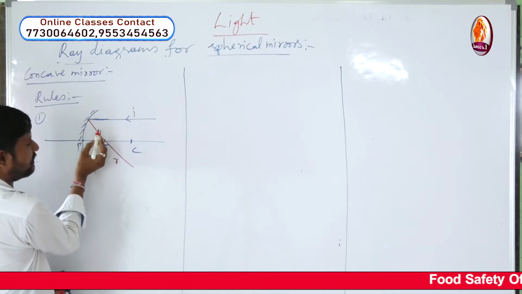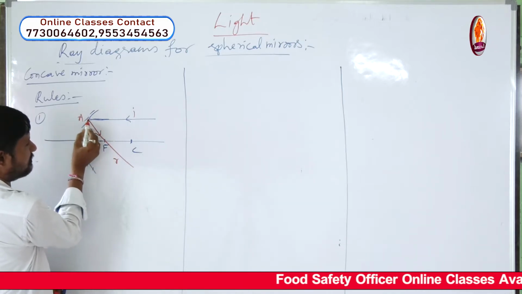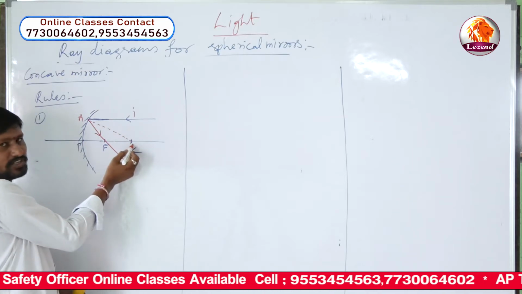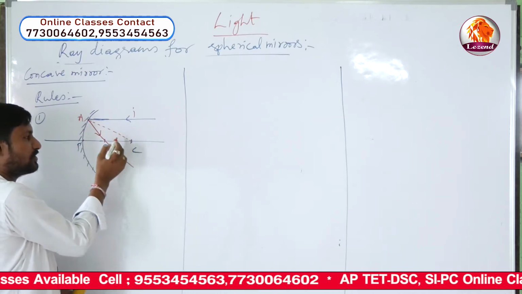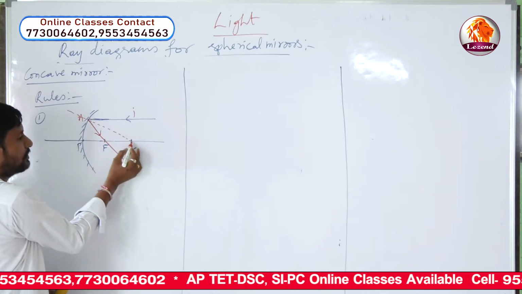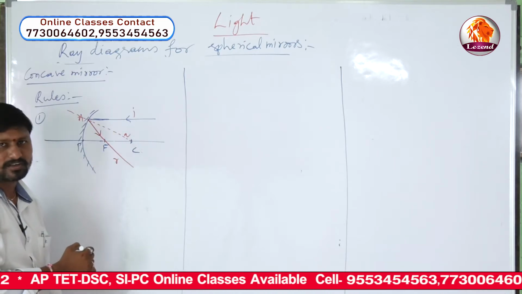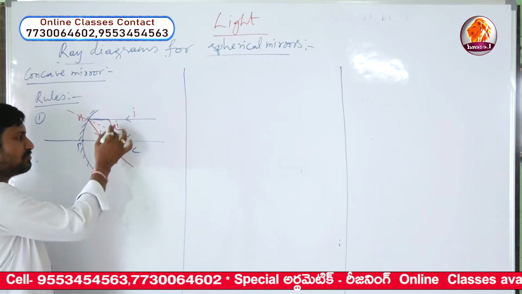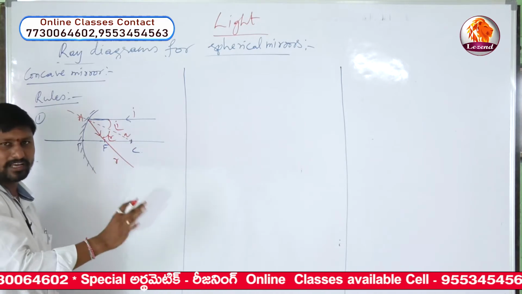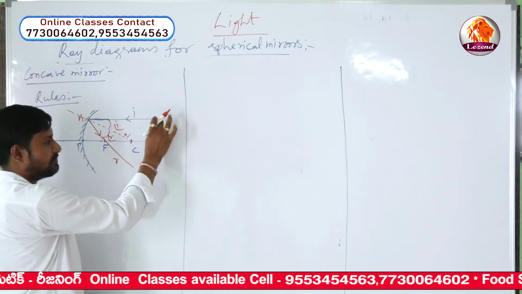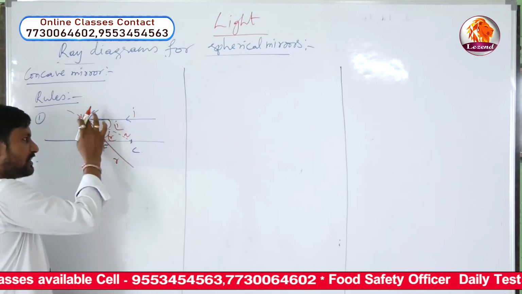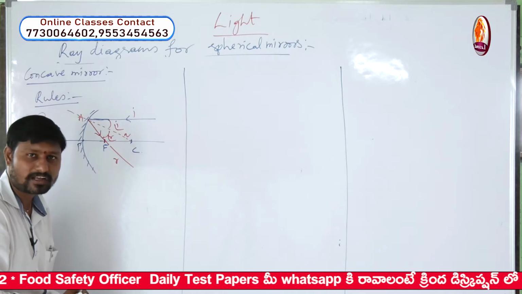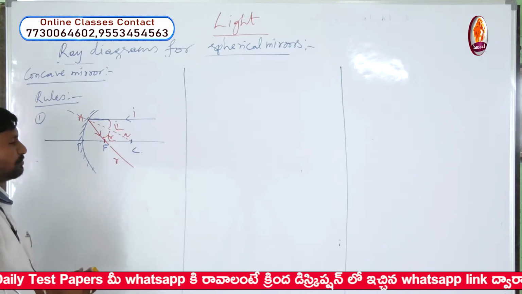So even if you want to check it, this is the point of incidence, let us say, and now you know already from point of incidence to center of curvature, by joining if you draw, this will behave like what I told you, normal, this is it not? So this angle and this angle will be same, I equals R. No need to measure and draw the normal. Directly remember, any light ray which is parallel to principal axis, after reflection, it passes through focus of that mirror. Remember that. This is for concave mirror.